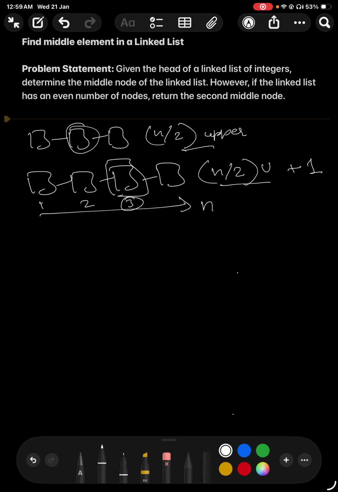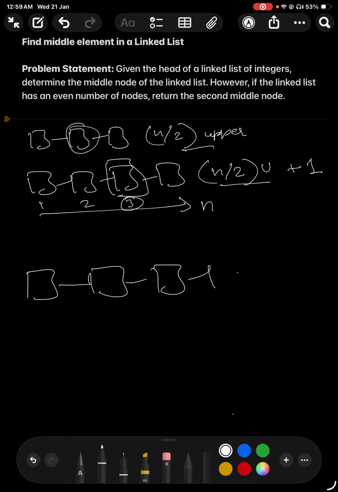But here, if you see, we need to go through 2 iterations. So why not find some solution where we have to do just 1 iteration and we return the answer? Because when n is very large, the time complexity will be more. So for 1 iteration, what you can do is,